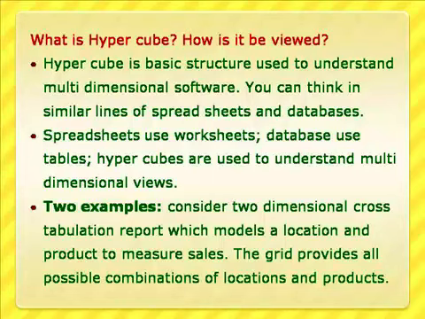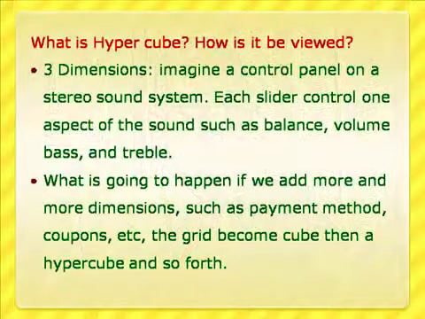Now coming to your second question, how it is viewed. In fact, you can view the hypercube in an abstract manner by understanding how the cube is built in one dimension, how the cube is viewed in two dimensions, and how the cube is viewed in three dimensions, etc. So now I explain step by step how it is viewed in each category of dimensions. Suppose you have one dimension, you can view the data in a single row or a column. If you have two dimensions, like in our case location and products, it is a matrix or a table.